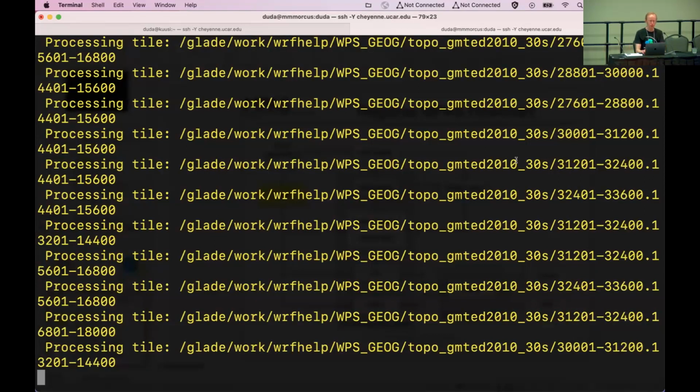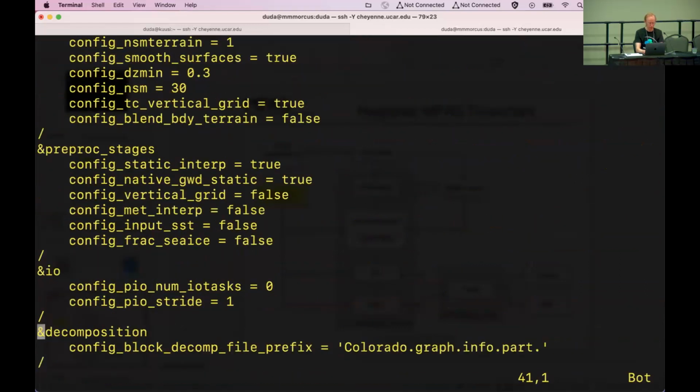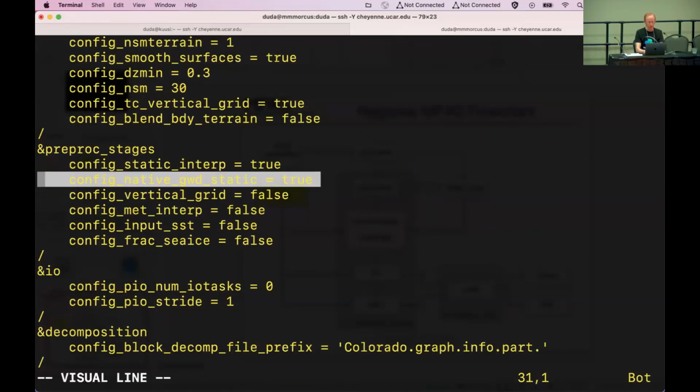And so you might wonder, why are we doing this just on 4 processors? Why not use 36 processors, which is how many cores we have available on one of the nodes of our computing cluster here? When it comes to the nameless.input file,